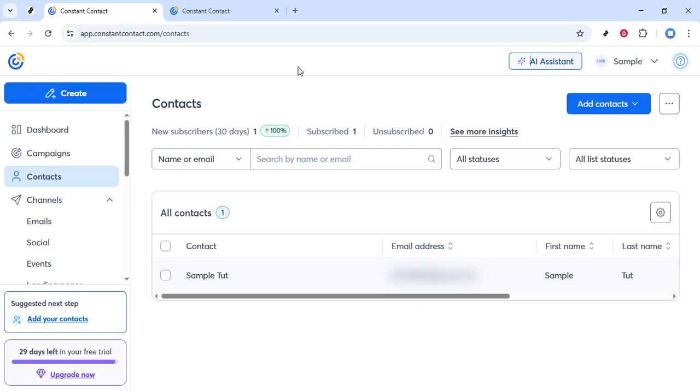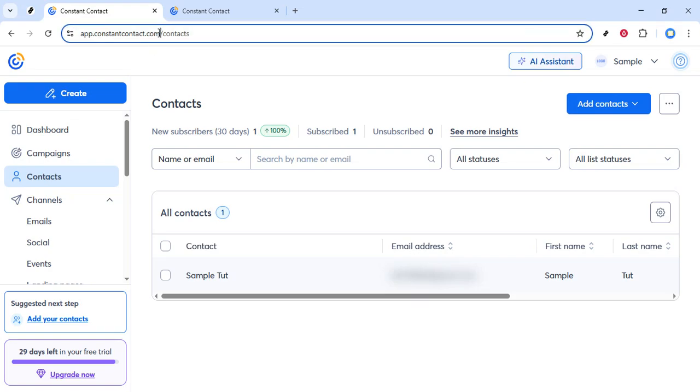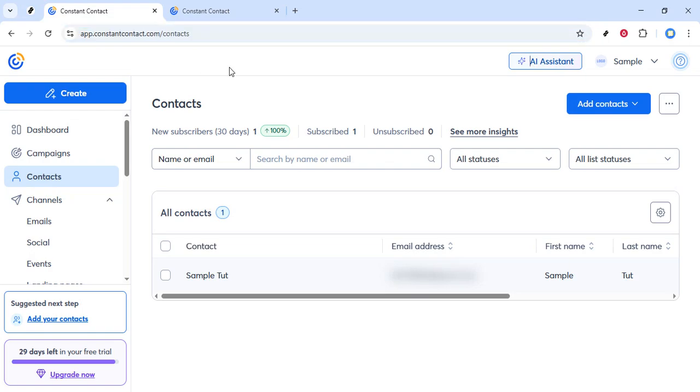to your email campaign. First, you'll want to head over to constantcontact.com. It's important to log in with your account details if you haven't already, as this will allow you to access all the necessary features. Once you're logged into your dashboard, you'll see a variety of options and tools available to